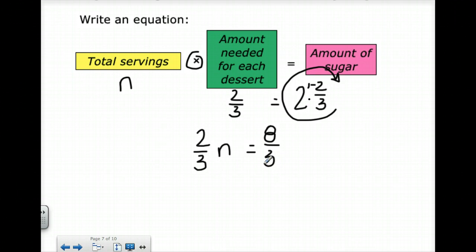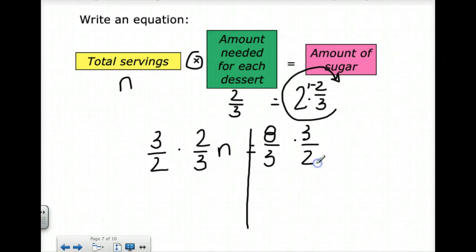Now look back at how we solved the very last problem. I need to isolate the variable of n, which means I need to get rid of the 2/3. The only way to get rid of the 2/3 is to multiply by its reciprocal. We do not want to work with complex fractions at this point in time. The reciprocal of 2/3 is 3/2. We'll multiply both sides by 3/2. Make our 1 on the side where our variable is located,